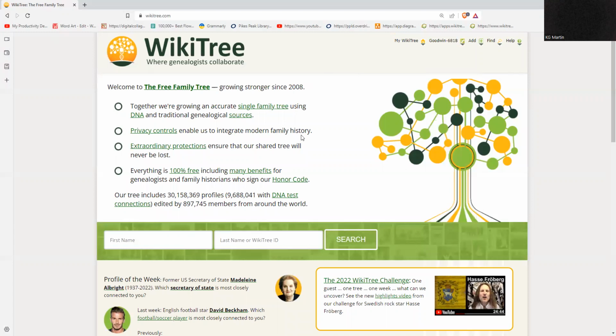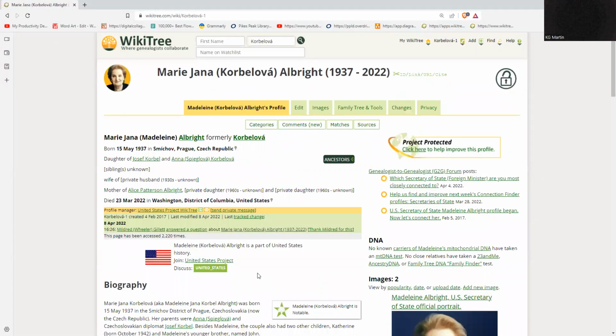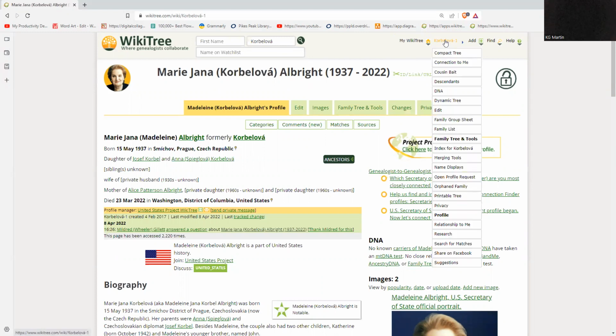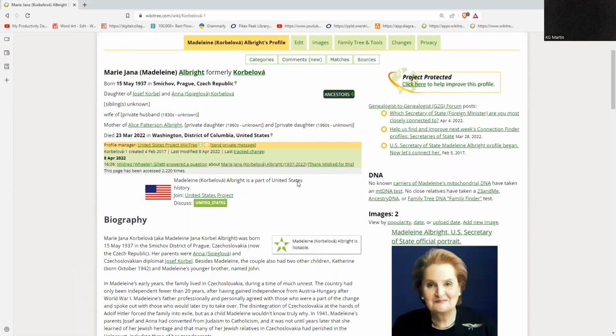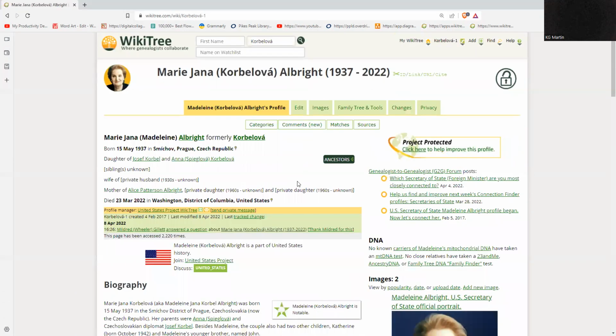And so Madeline Albright, let's see who she is. Here she is, and she passed away. Oh, she was born in 37, like mom and dad. Oh, look at her last name. Kerbilova. She's number one. That is interesting. So you can see how you're related to, or how I can see how I'm related to her because I'm